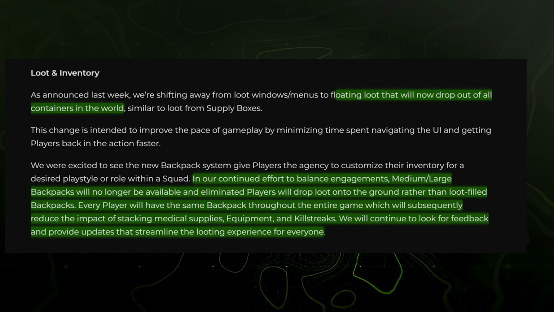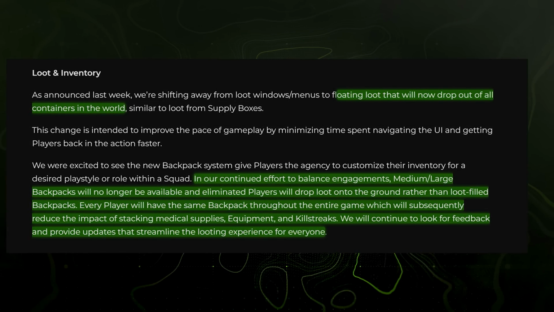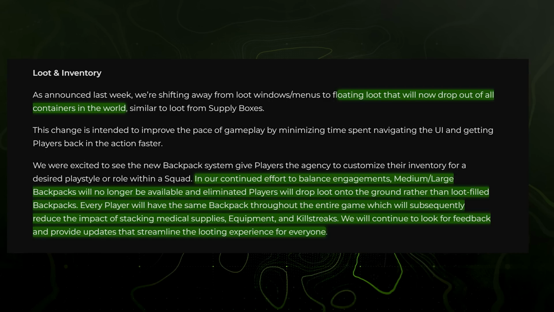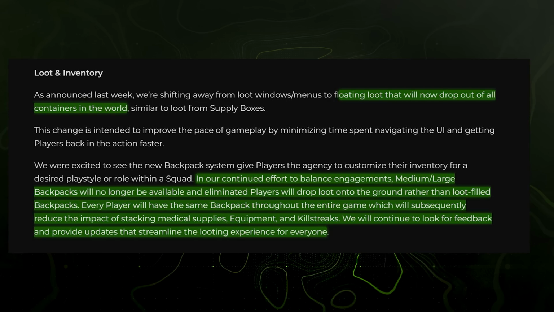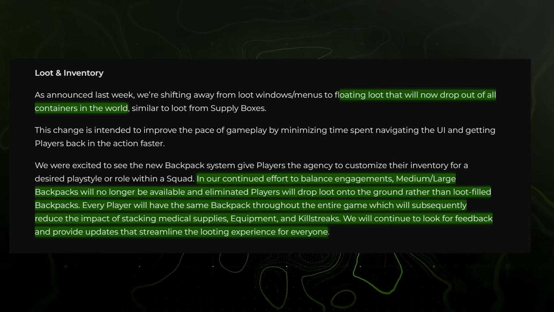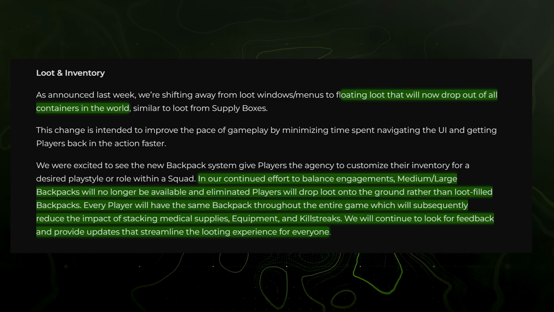Loot and inventory was something that was detailed as changed again in the preview earlier this week, but they expanded on it by saying that floating loot will now drop out of all of the containers in the world, similar to loot from supply boxes, negating that necessity of going into the UI and manually picking things up. But one of the bigger changes here is that they stated, in our continued effort to balance engagements,